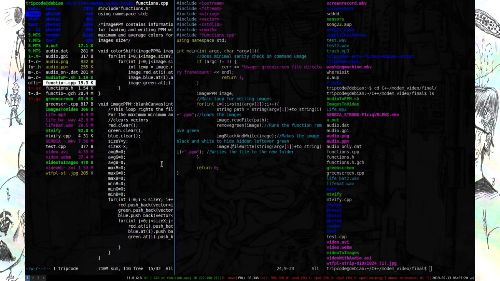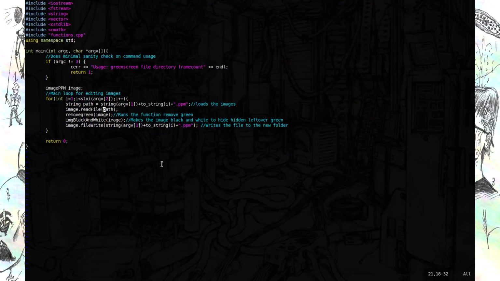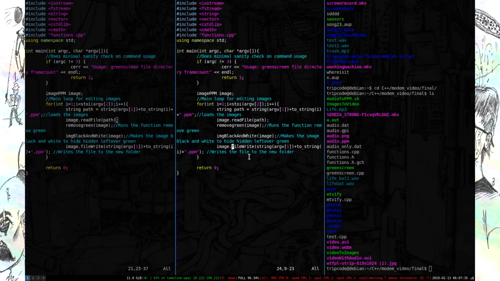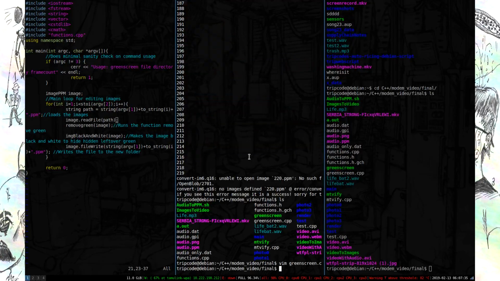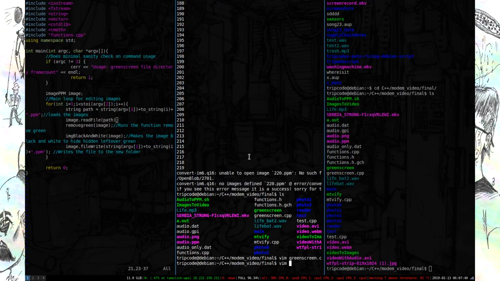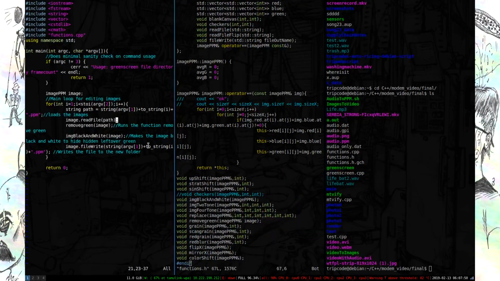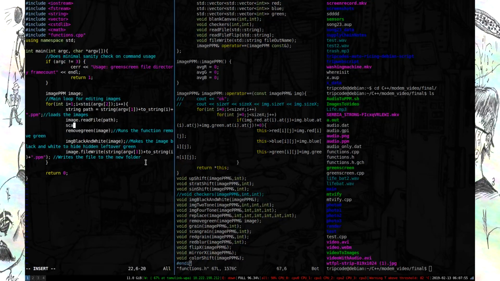Actually, let's change the green screen a tad so it does something interesting here. How about instead of just calling image black and white, let's take a look at our header files. C++ header files are nice for this one reason, otherwise they're just annoying to write. We'll go to functions.h and see what we can do to correlate with the audio. We'll type in scan grain, and we'll do the image,